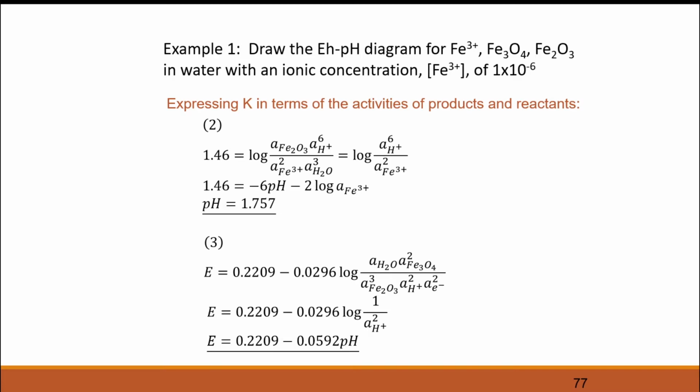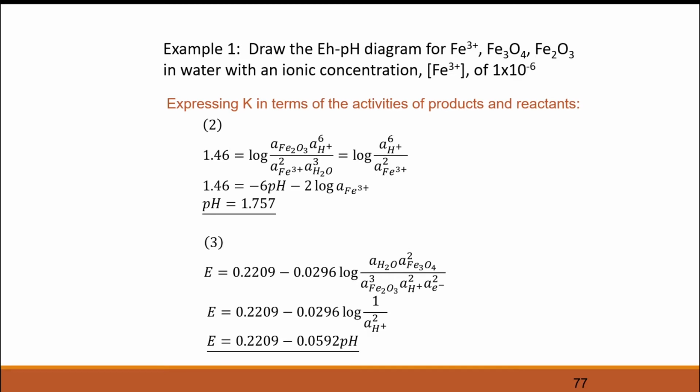Again, the Fe2O3 and H2O are pure condensed phases, therefore activities nila is just equal to 1. No? So this cancels out, giving us logarithm of yung a to the 6th activity of H plus raised to the power of 6, tapos activity of Fe3 plus raised to the power of